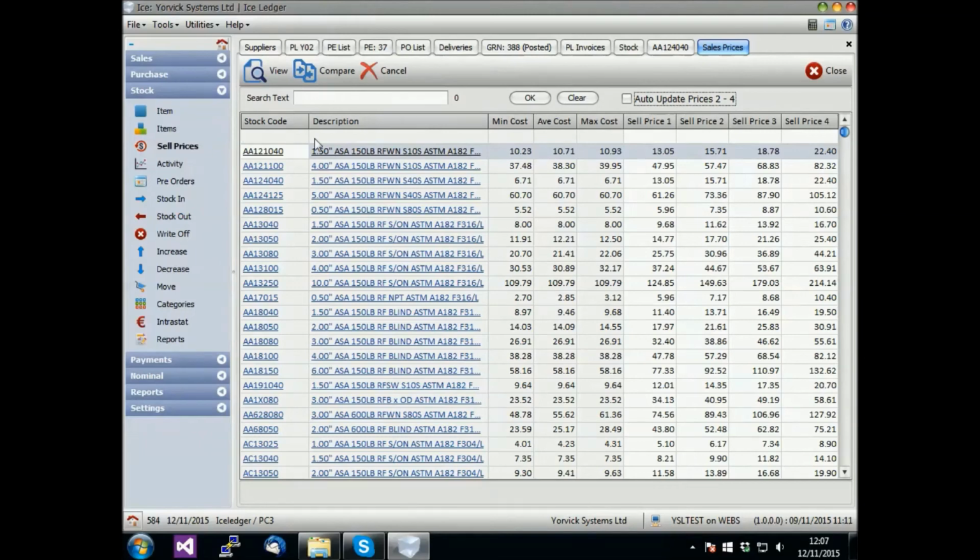Sell prices allow item sell prices to be changed easily. Sell prices 2, 3 and 4 can be adjusted automatically using a formula based on sell price 1.